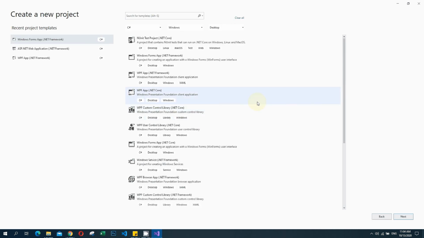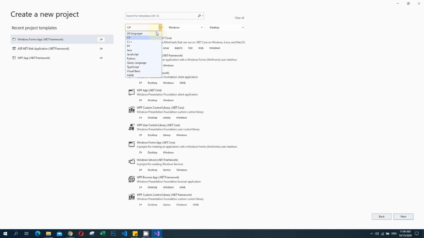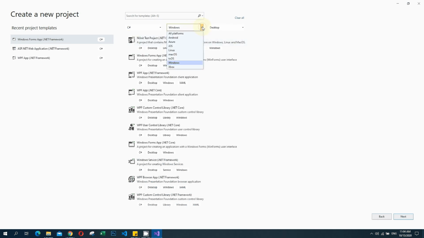After that the dialog box will open. So here the create new project window is open now. We will choose which type of application we have to develop. We are going to develop a Windows Form application, so we are selecting such type. We are using the C# language, and it will be for the Windows platform, and it is a desktop application. So we will use this refine search for the template we want to select.